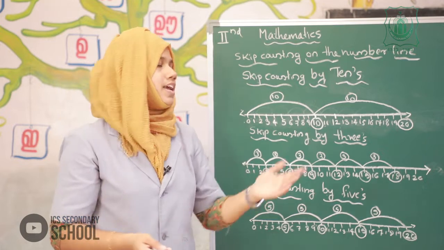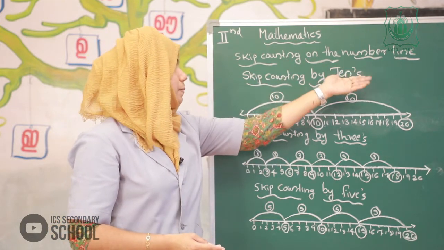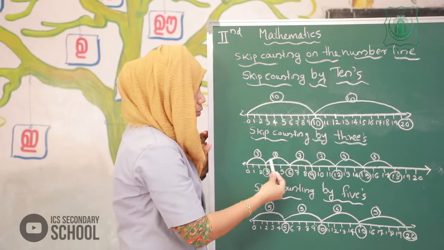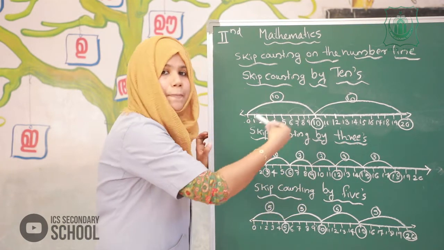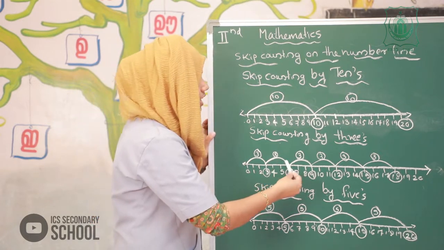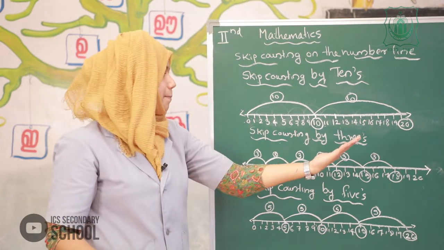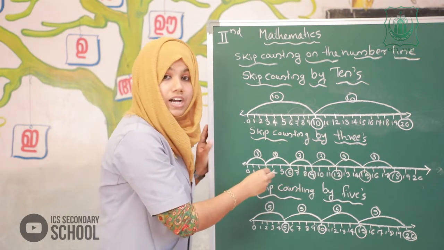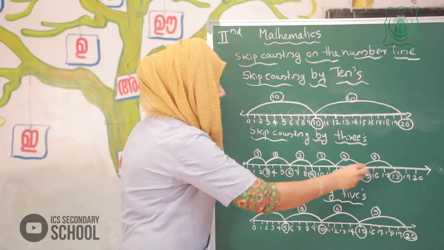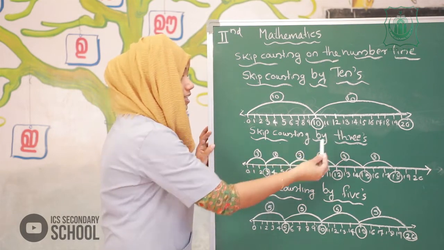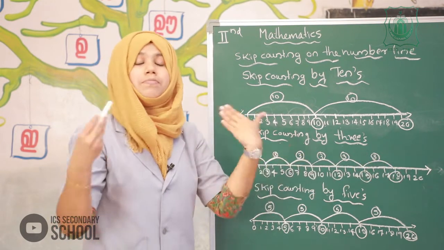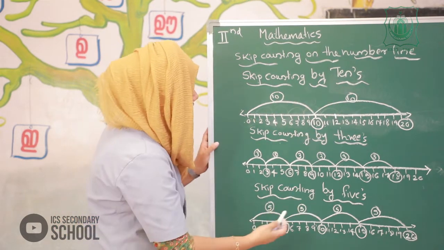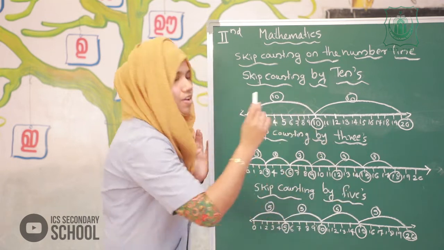We can revise it. First we skip counting by 2s. Next is skip counting by 3s. At a regular interval of time we skip a number. In skip counting by 3 we skip the number 3. Here the representation of skip counting by 3 is in number line. Sometimes you get only the numbers. Okay, I will show an example. Okay, next is skip counting by 5s.